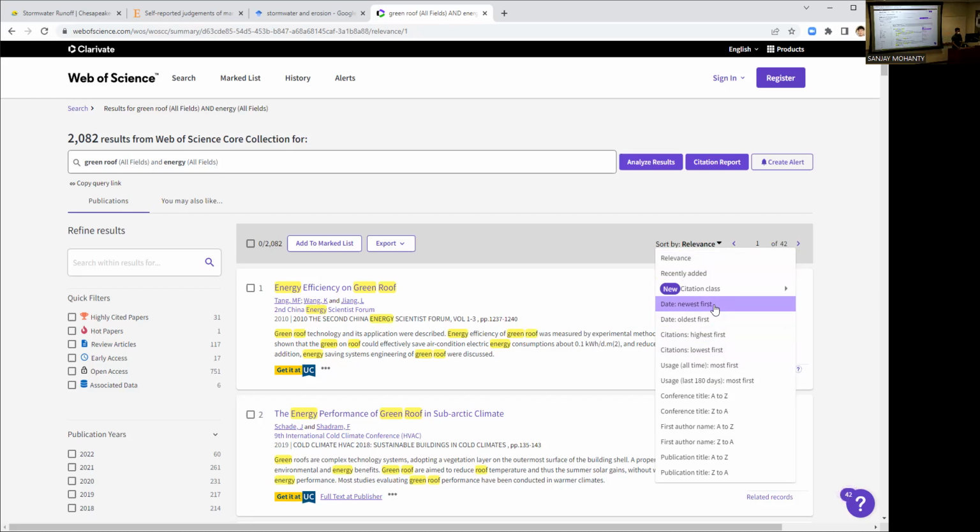And you can also sort by most cited. Citation, highest first. Most cited means people actually value that work, so more likely you will find information that's very useful for you. So you can use any of these, which you don't have access to in Google Scholar. This is a really key tool that you will be using in your consulting work, or when you go to a company. When you look for information, which will happen all the time, these are two resources you have. And you should learn how to use them to find information that you need to support your statements.